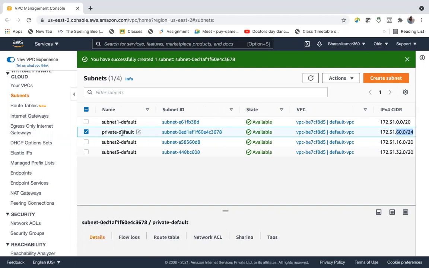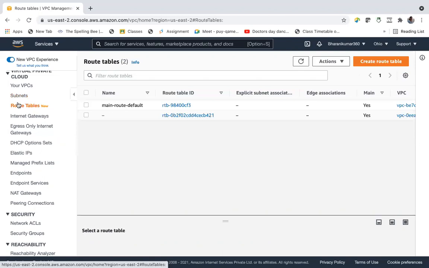And by default, there will be one route table for entire VPC, and it's called main route table. And all the subnets by default are attached to it, if you don't mention explicitly, then all the subnets are attached to that route table. We already know that. Go to route table, main route default is there.